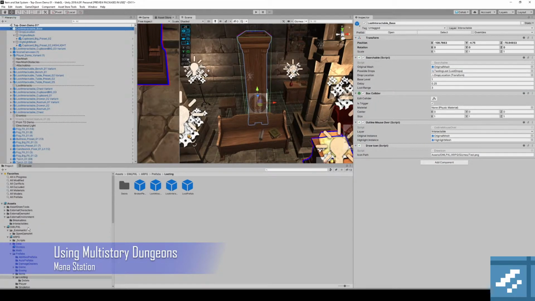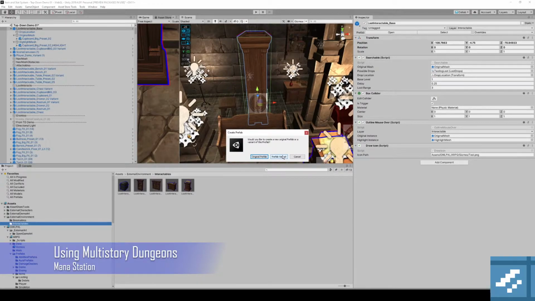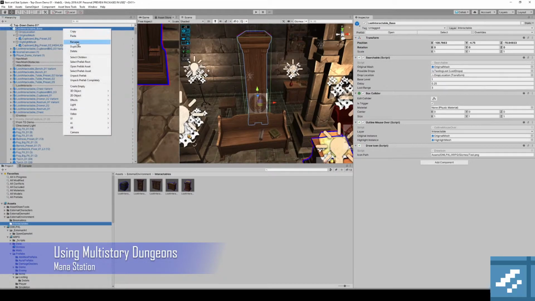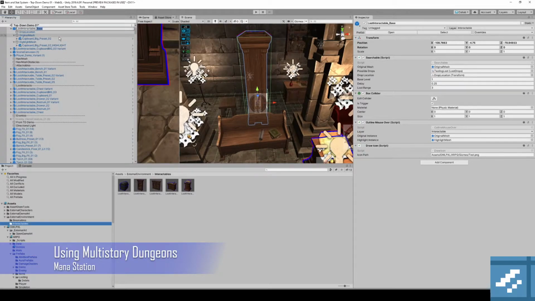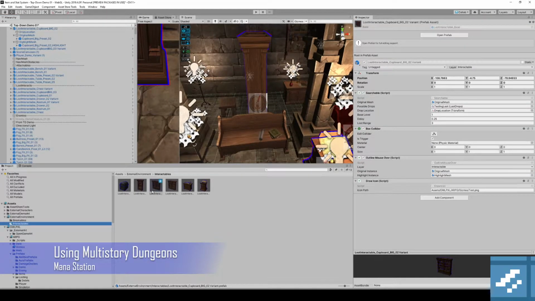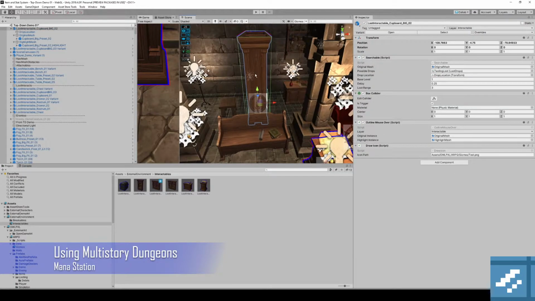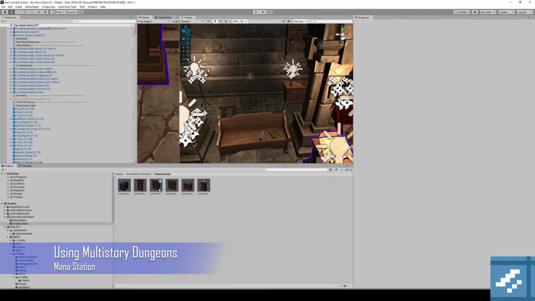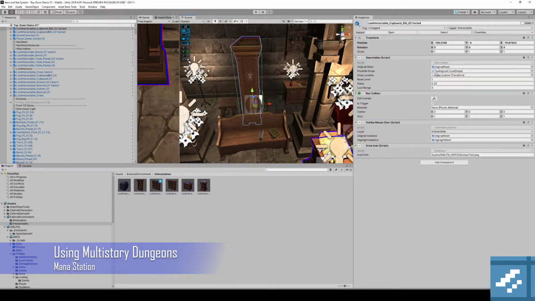Then the next thing is I've been going into a new folder, making that a variant. Oops, before we do that, let's name it. So this is big cupboard. Oh, that's not a capital B. Big. And this is 02 since there's another one that I've already done. So now I'll make it a prefab variant. There it is. I could just delete this if I wanted to, drag this in here,